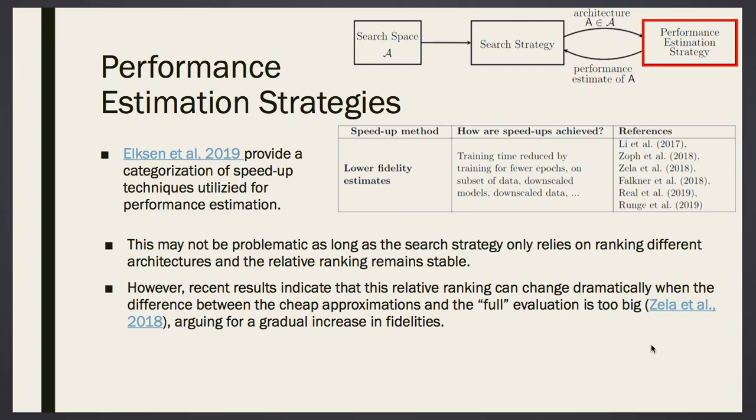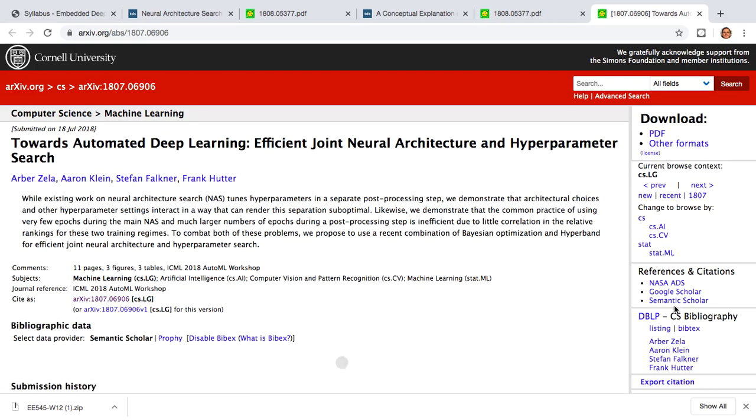And there are nice analysis papers on this. If you're interested, read them. Zela et al., 2 years ago, argue for gradually increasing the fidelity. If it's a training set, do a fidelity, then make your search space smaller, increase the fidelity again, make it smaller, increase the fidelity again. So create a search strategy which will encapsulate this lower fidelity strategy and the search space all together so that you reach there in a more confined and safe manner. Nice paper. Just let me show you the paper